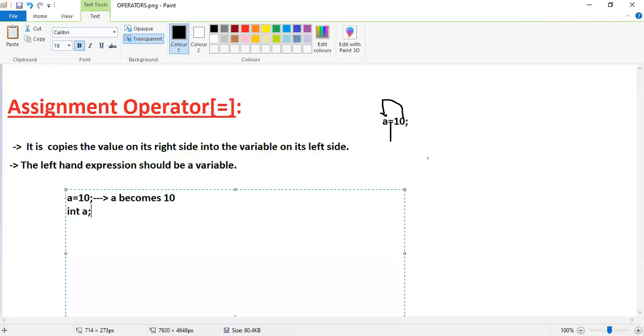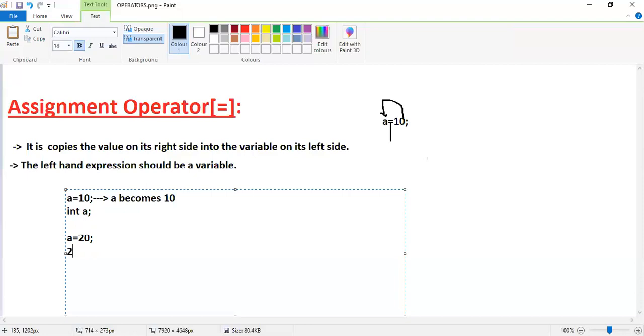After declaring, anywhere we are able to assign a particular value. For example, int a, and after some time I give a is equal to 20, then a will become 20. And if you want to print the a value, it will print 20 in the console.